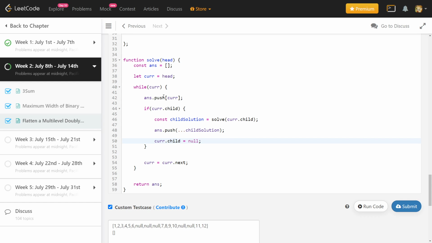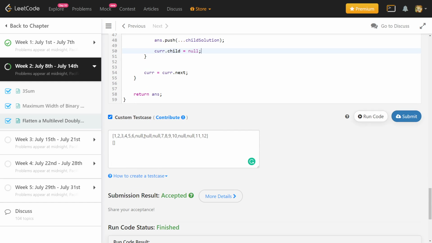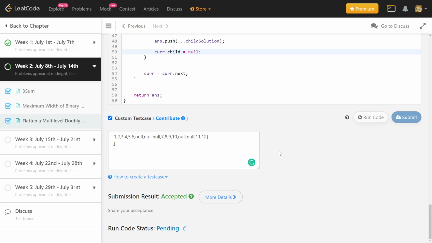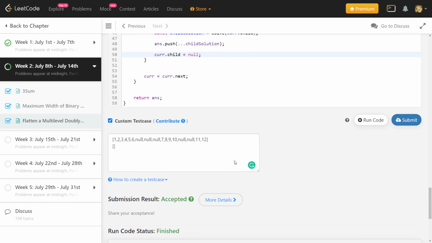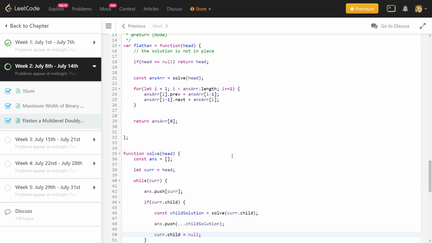Let me just run it once. I have added 2 cases. One is the first given test case, and the second one is an empty array. It is giving me empty, so let me see why.